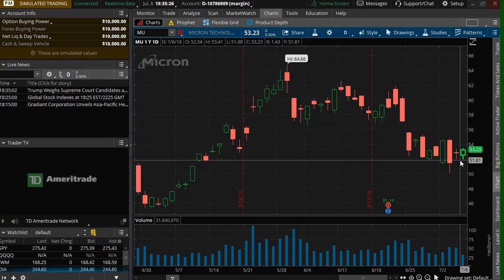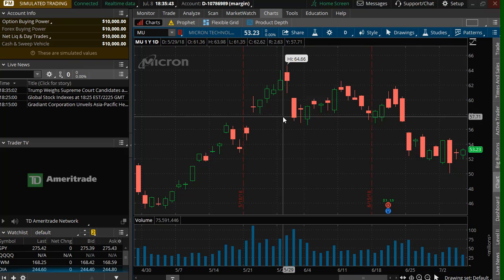If I sell this put spread, I'm going to profit if Micron doesn't move at all, and I'm going to profit if Micron shoots up. So again, that would be a bullish strategy. I only lose if Micron drops down below my strike price of 52, if that's the one I'm going to choose. So when we go to look at how to put that trade on,